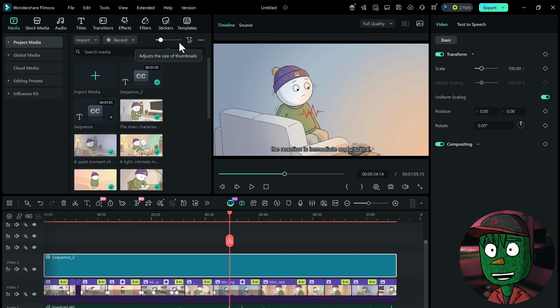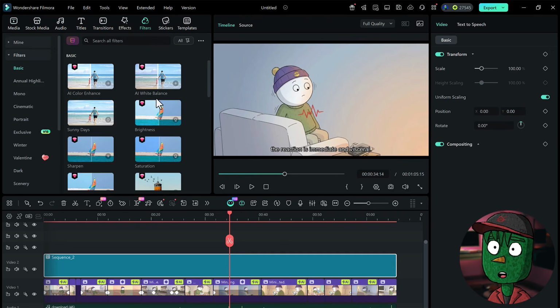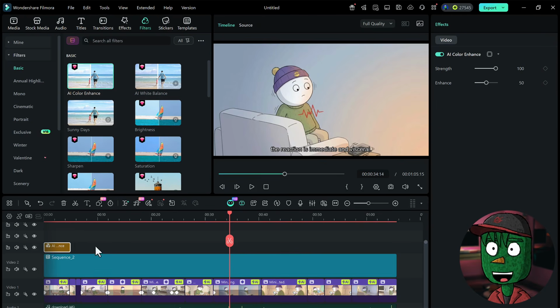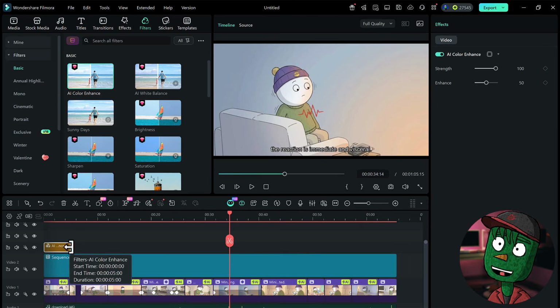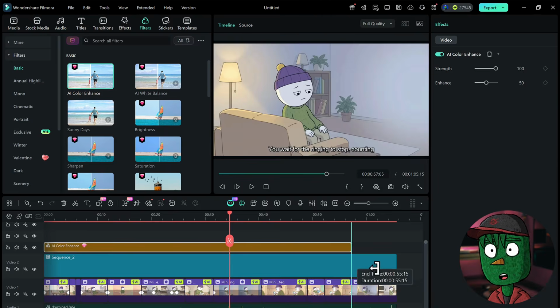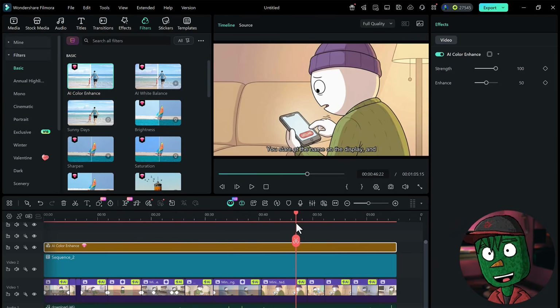So now, before we click on Export, what we just need to do next is to add a filter to the video to make it look very nice. Click on the filter icon here and basically go to the ones that you like, drag them into the timeline. For me, I use AI Color Enhancer. So basically, we are done. The next thing we need to do now is to click on Export here and save our video. Let me quickly show you guys what we have been able to create.